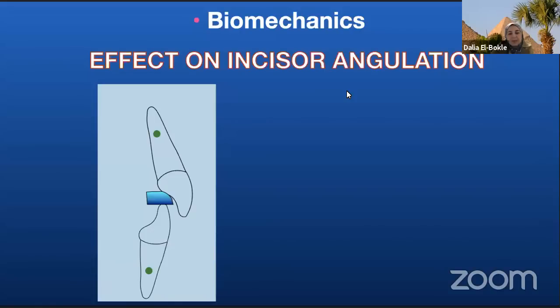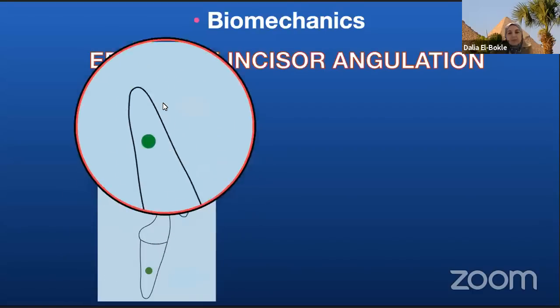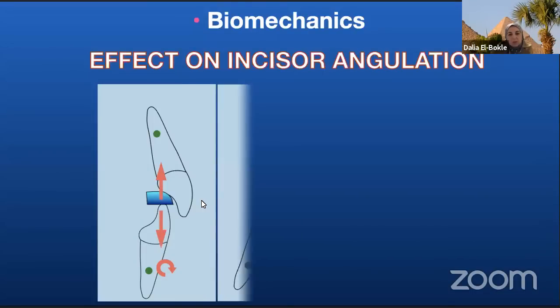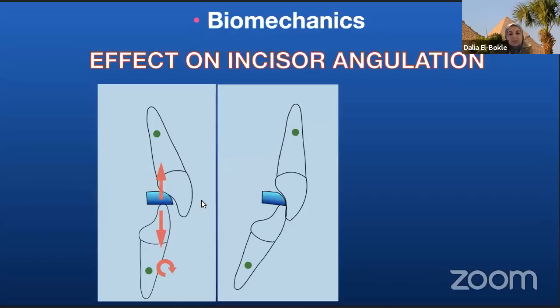For example, if we are placing an anterior bite turbo on the upper incisors, here is the first example, where you can see the upper and lower incisors are almost upright. The green dots are the center of resistance, and when the patient occludes on the bite turbo, there will be intrusive forces shown by the red arrows. So you see the intrusive forces are slightly anterior to the center of resistance in the lower arch, whereas they are almost along the center of resistance in the upper. So there will be some proclination of the lower incisor in the first case,